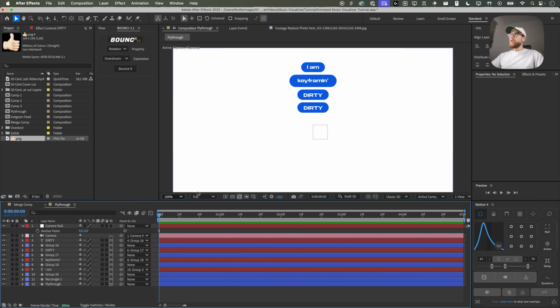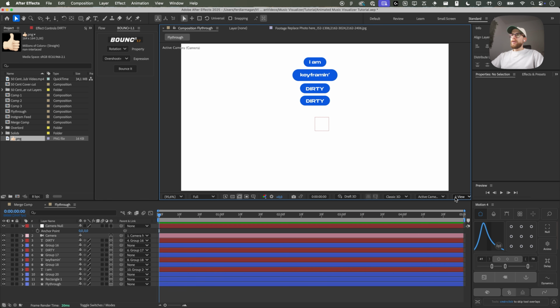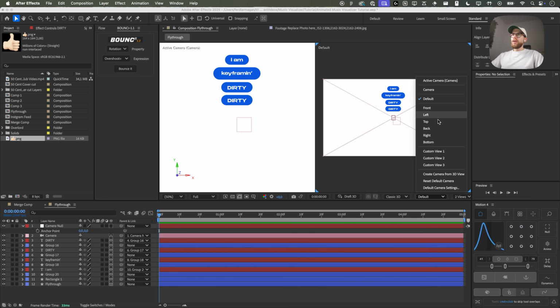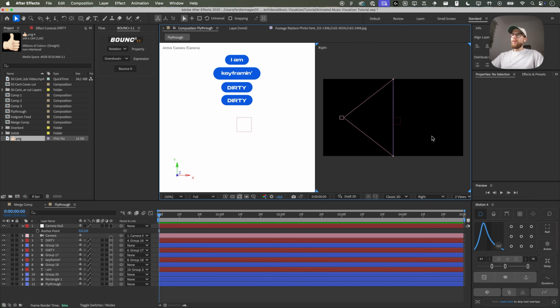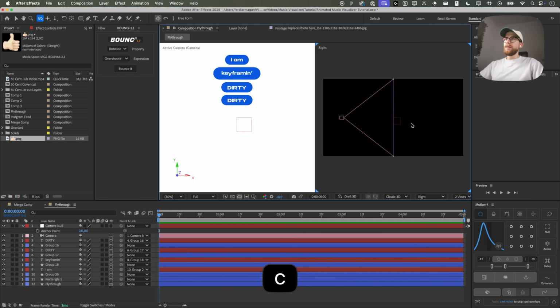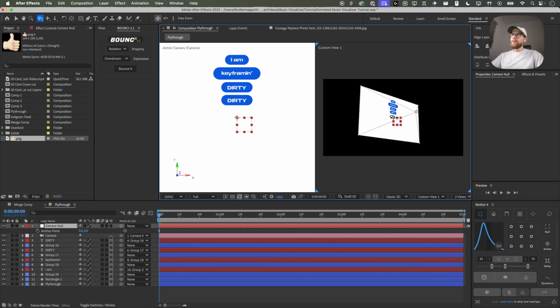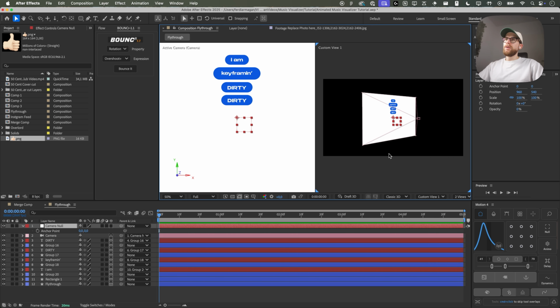I'm now going to change the view, which is a cool trick, from one view here to two views. And then once you are here, you can go to default and change it, for example, to right or something. And then you can press C to get the orbit around scene tool. What a weird, specifically weird name. Ah, sorry, because it's locked to right. Maybe custom view it is. Yeah. So in custom view, you can have it like that, and then you're able to see what you're actually